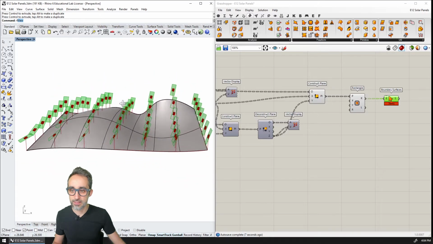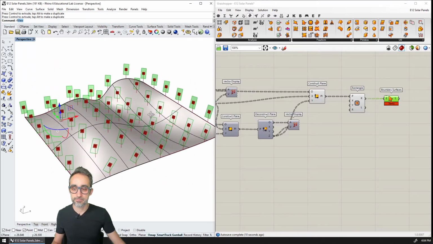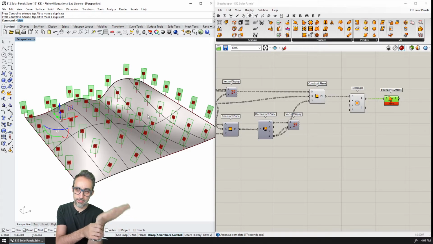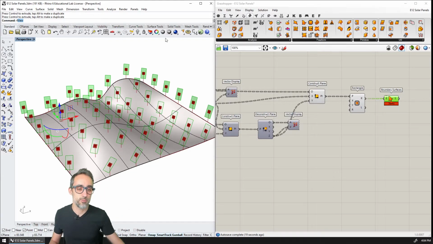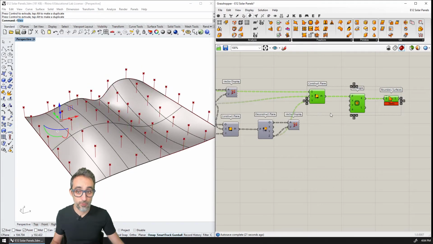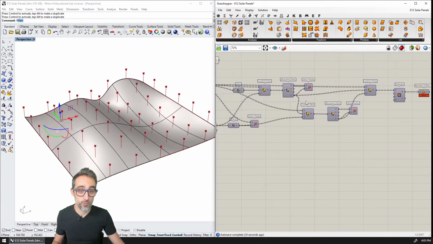So now you can see that all the planes are rotating in one axis and then also inclining in the other axis, as opposed to what we had before. Let me show you what we had before, which was